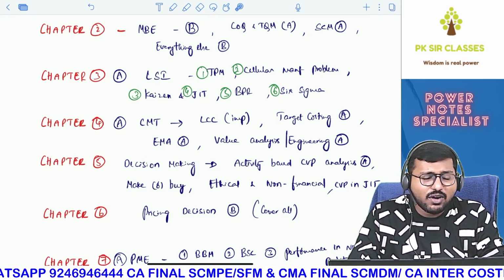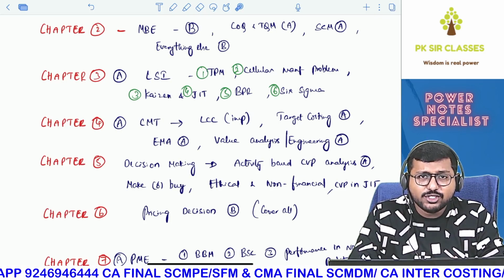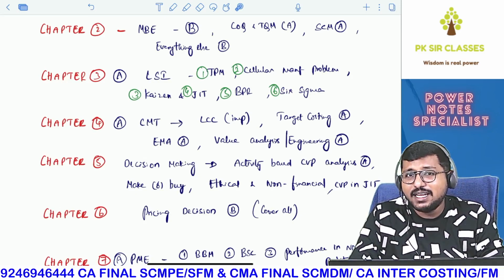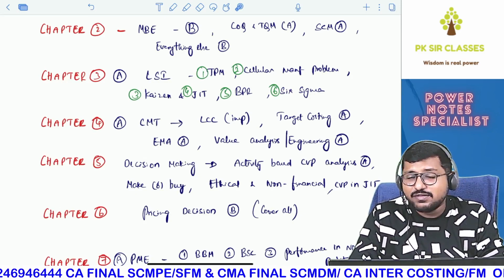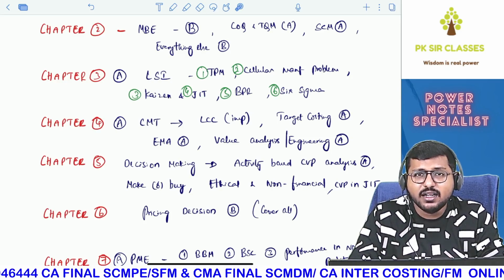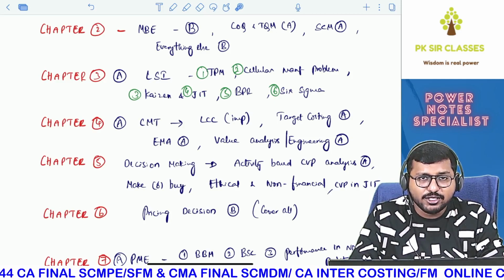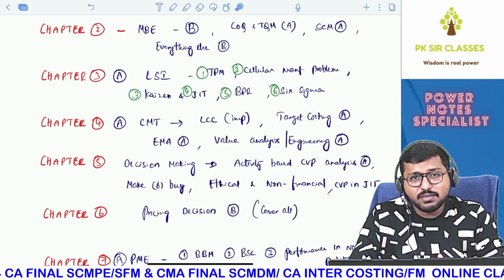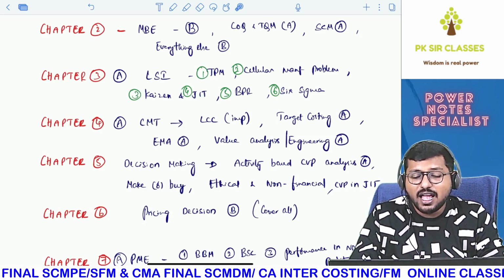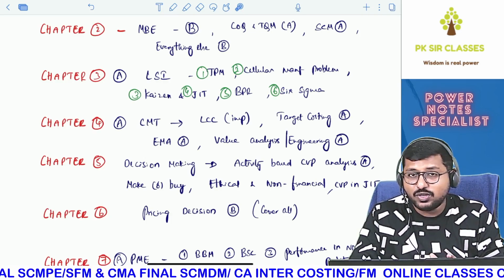And please try to understand that Power Notes is a simplified version, but the wordings from the ICA study material have been kept intact, okay. Because if keywords from the ICA study material are not kept intact and it is further simplified, then eventually you will not get marks in the examination. It has to be simplified, but at the same time you cannot remove the actual word framing of ICA. You got it? That is really important, so keep this in mind.